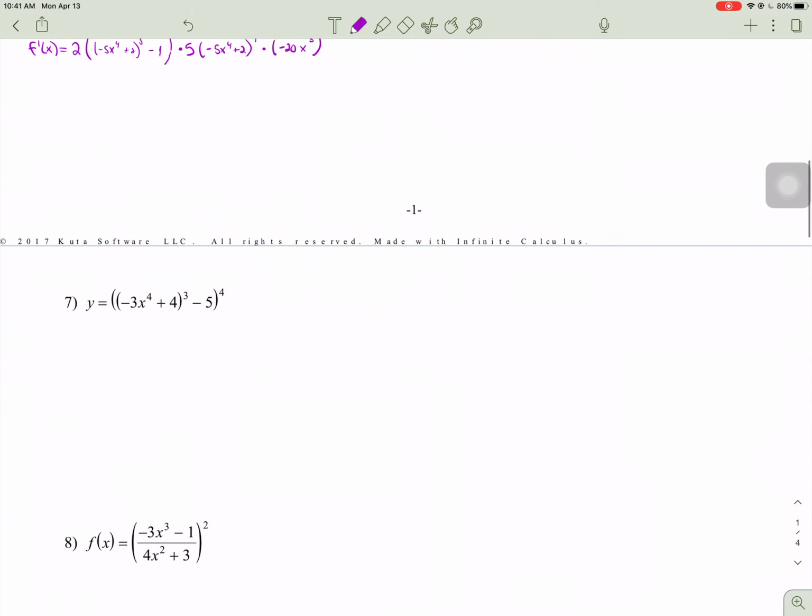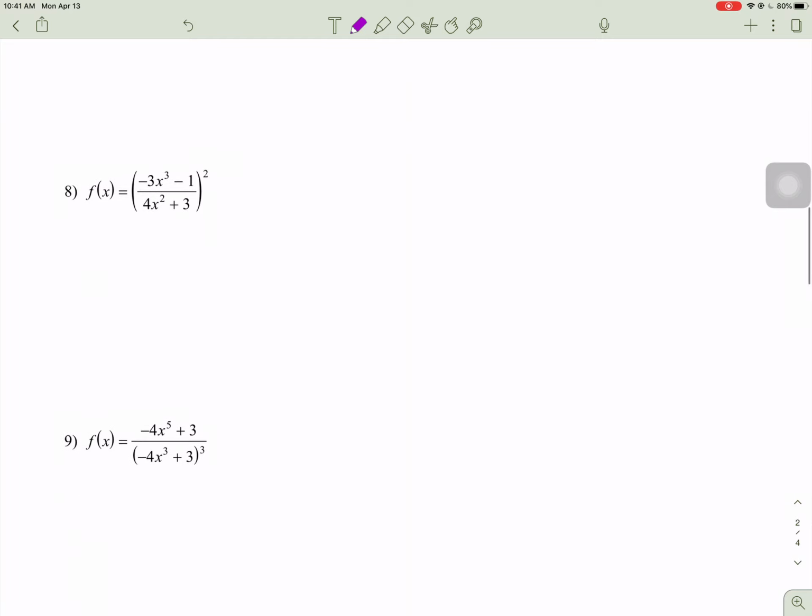All right, and 7, same thing. You could try that. Let's do 8. So for number 8, I see a whole expression raised to the second. So that's the chain rule. Derivative, keep the inside, and then take the derivative of the inside. So you get